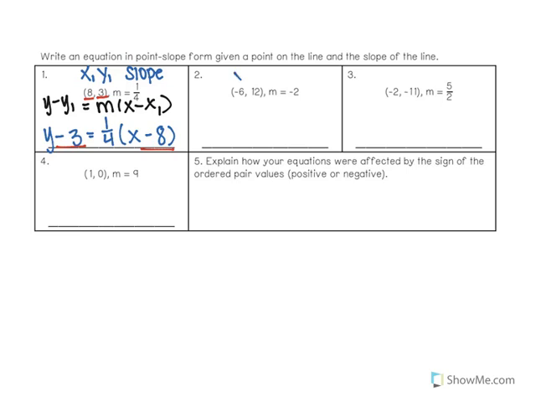We're going to label again x1, y1, and then our slope. We're going to write our formula. Y minus y1 is equal to m, our slope, x minus x1. Now we're going to plug everything in. That's y minus y1, which is 12, is equal to m, our slope, which is -2, x minus x1, and